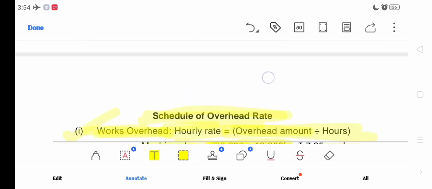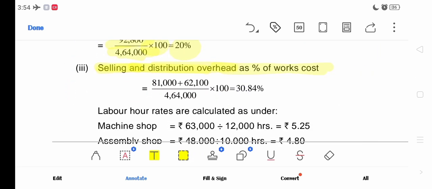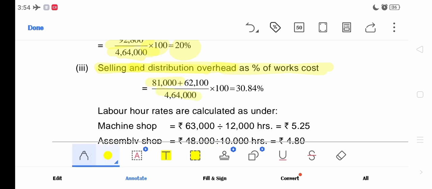You can also do it separately for both, and you get the same percentage. Like 81,000 divided by 4,64,000 into 100, you can do separately for selling expenses, and distribution also you can do it separately. So yes, he has done it together. Okay, so here he gets